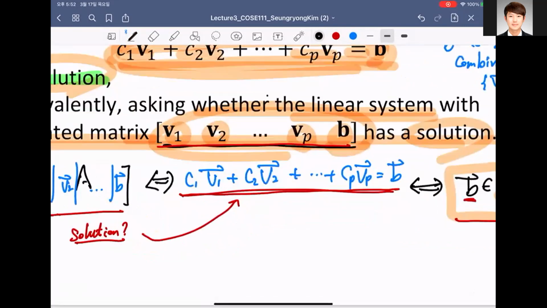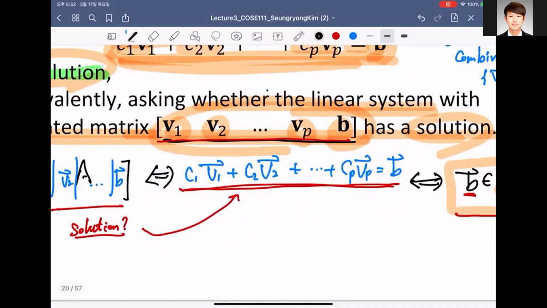Let's express it here. Linear algebra is AX equals B. What was AX equals B? Okay, so your linear system,